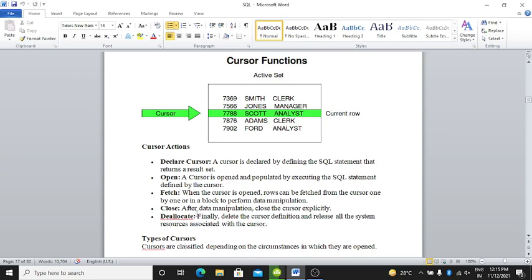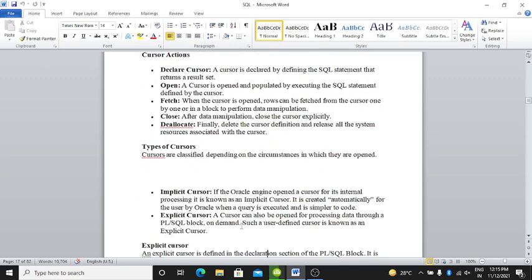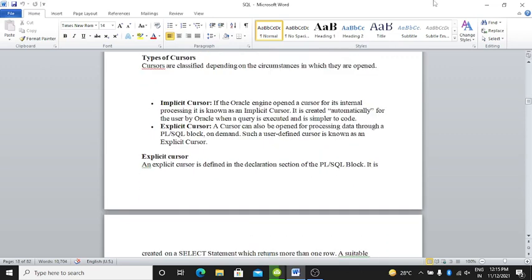Clear? These are the five actions performed by the cursor. Here are the types of cursor. Cursors are classified depending on the circumstances in which they are opened. First type is implicit cursor, second is explicit cursor. What happens in implicit cursor?